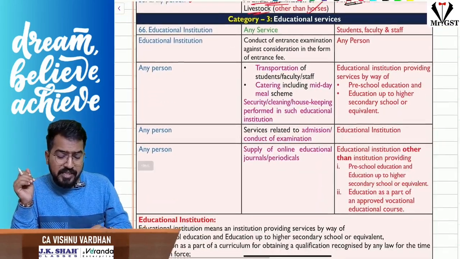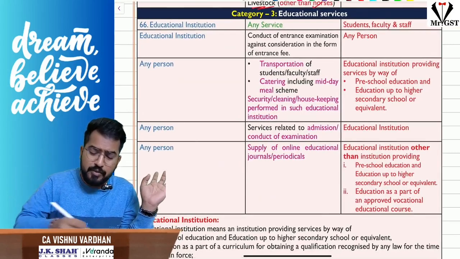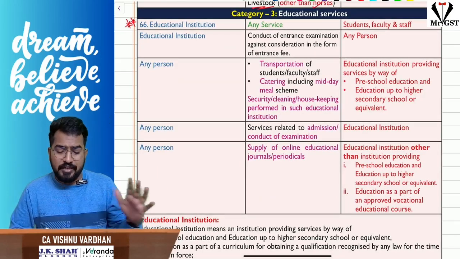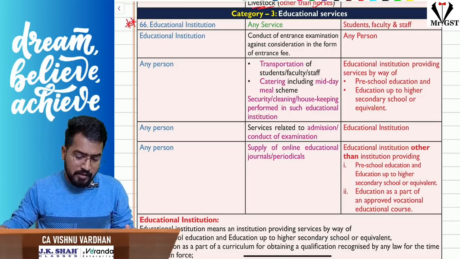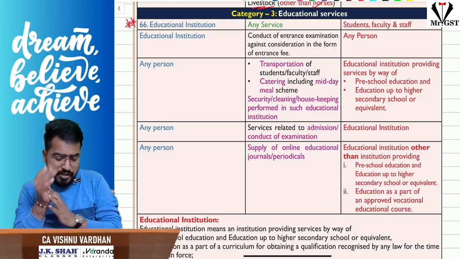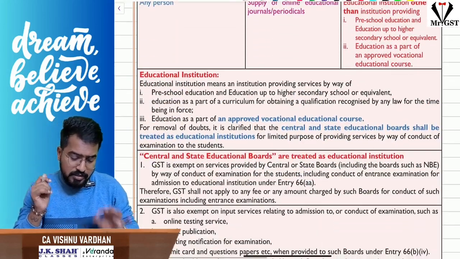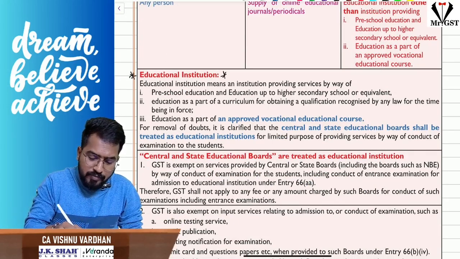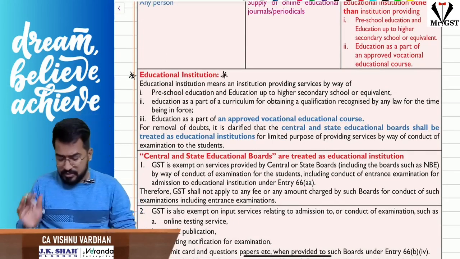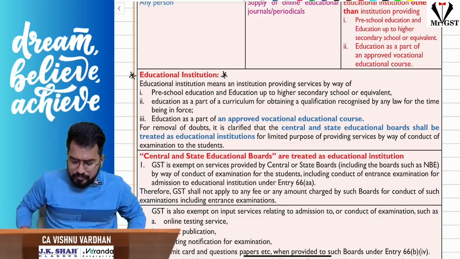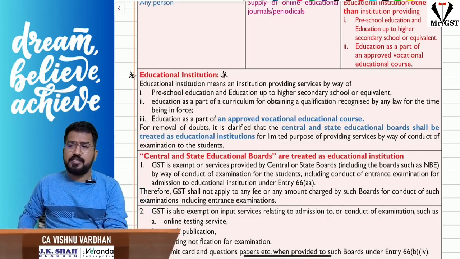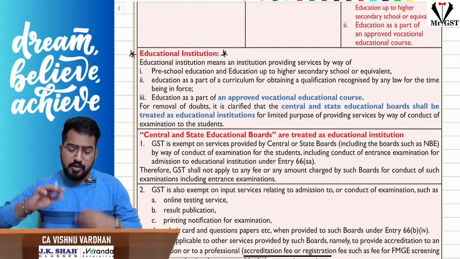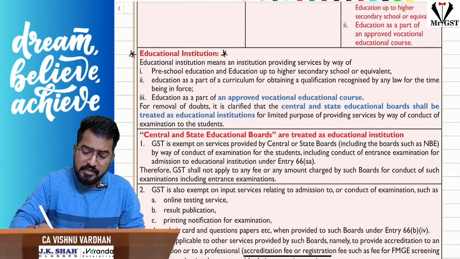Now we are moving into the next category, educational services, which is another important area. Okay, so category number 3. So coming to educational services, first of all, one important thing for us is to understand the meaning of educational institution. For our discussion, please understand, there are 3 points in the educational institution definition. Now for our understanding, let me call them as